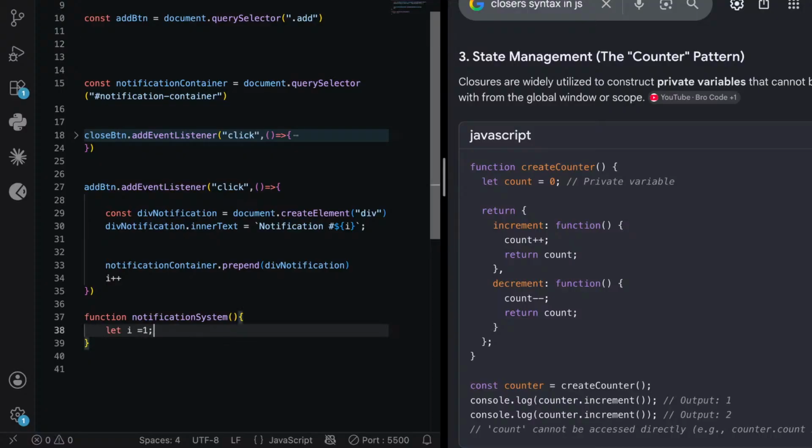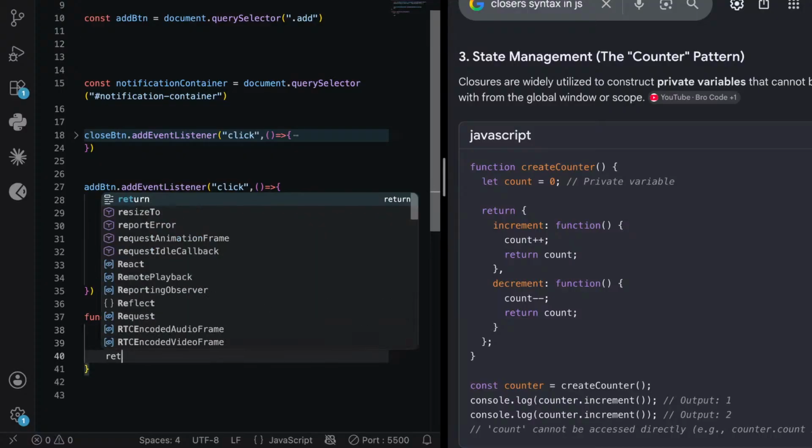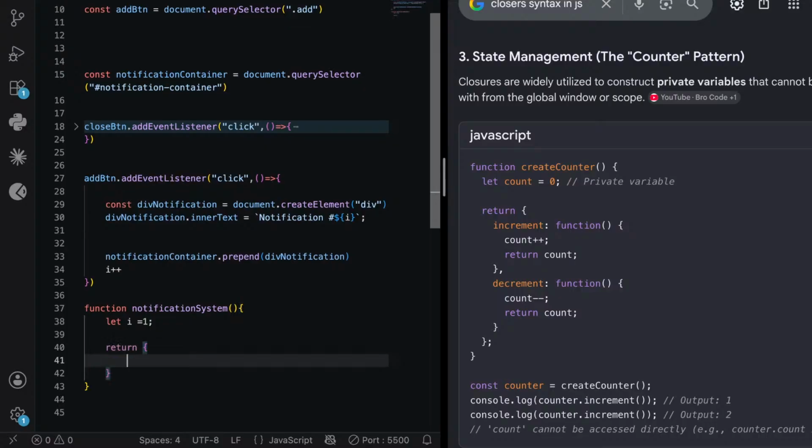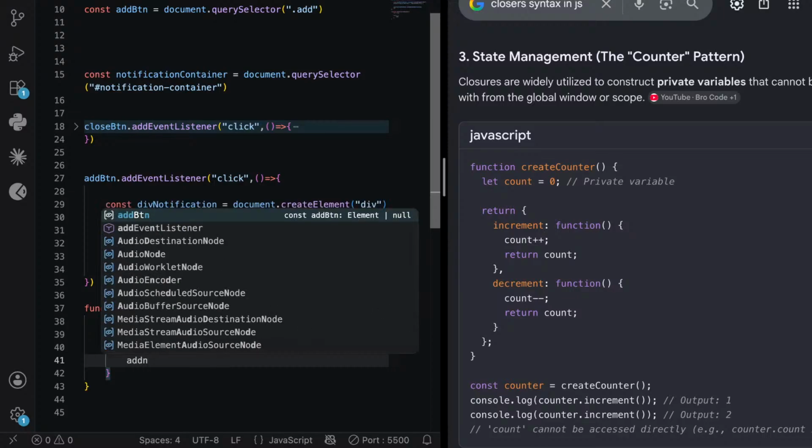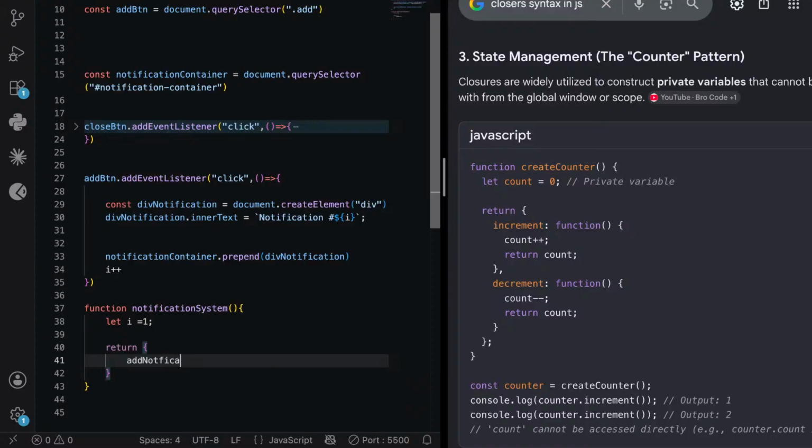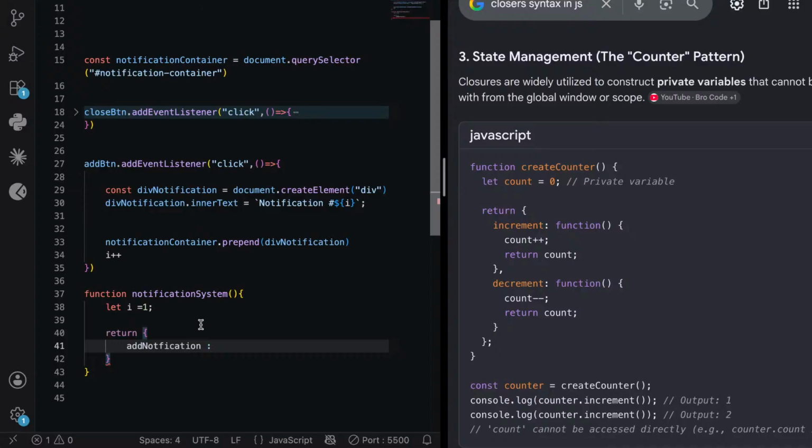And what we are doing is returning an object here. So we are taking a reference for this and understanding how we can create it, because it's a little bit similar. So what we'll do is add notification,